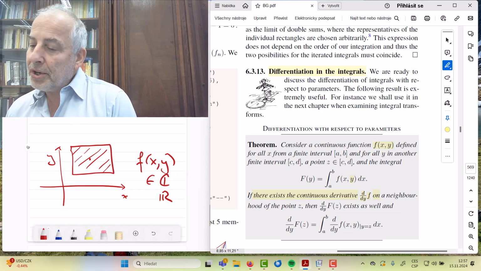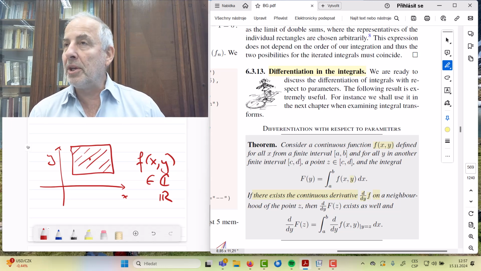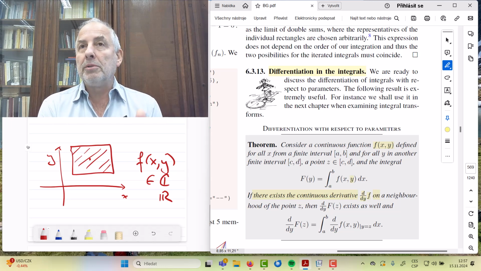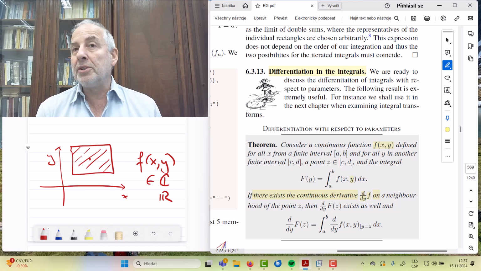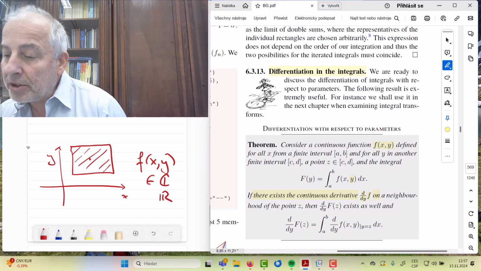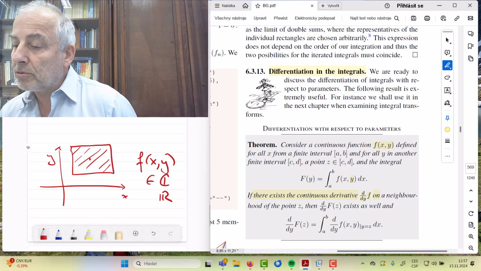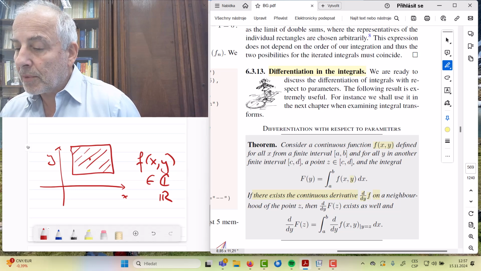So if there exists a continuous derivative of f with respect to y. So you see, in this case, we simply forget about x being a variable. We think it's a constant. We are not interested in its value. And what we do is we differentiate the resulting thing with respect to y. And then the result is that if we